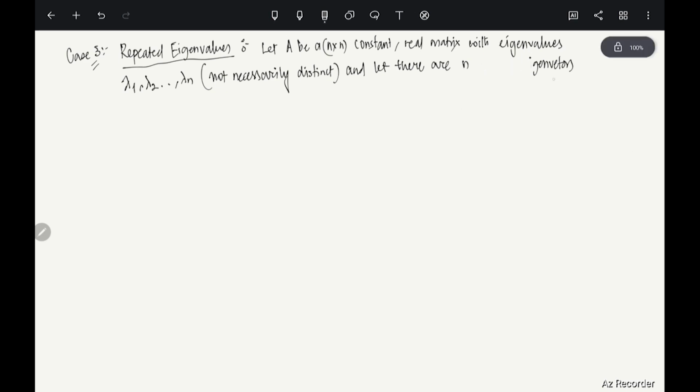I should write it this way: linearly independent eigenvectors given by v1, v2, vn. Clear? Then